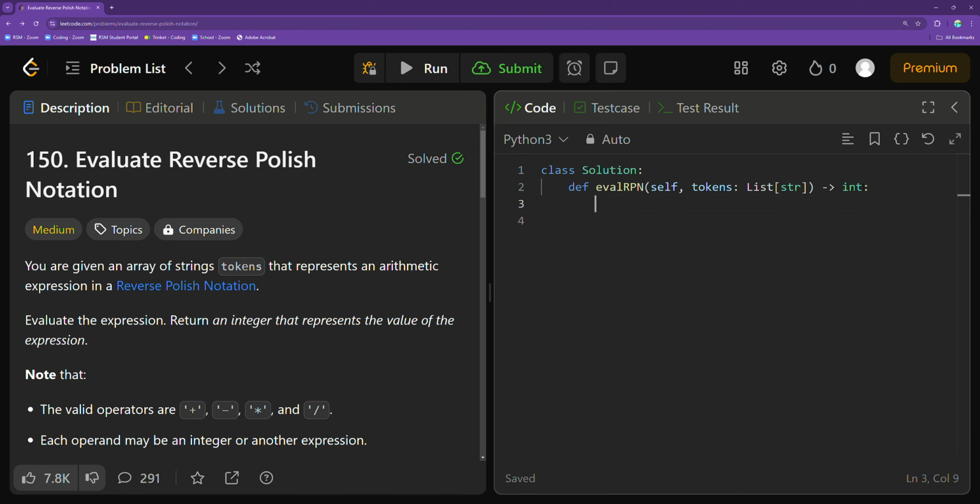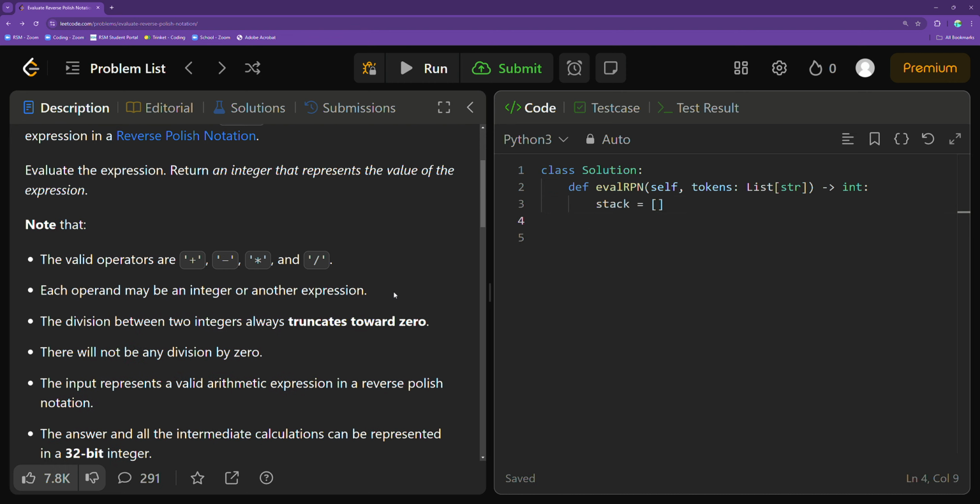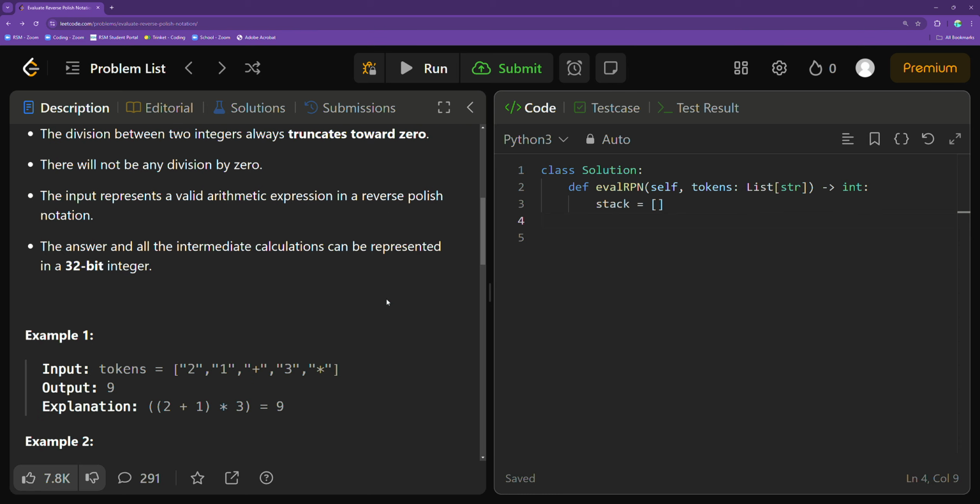I'm literally just going to call it stack, because why not? That isn't a keyword in Python. And I'm going to initialize it to be an empty stack, as denoted by these brackets in Python. Then I'm going to traverse through, or iterate through, all the different strings in my input array, tokens. So I'll do that using a standard for loop, not a range of the length of the indices of the for loop. So I'll say for i as my iterator in the tokens input,